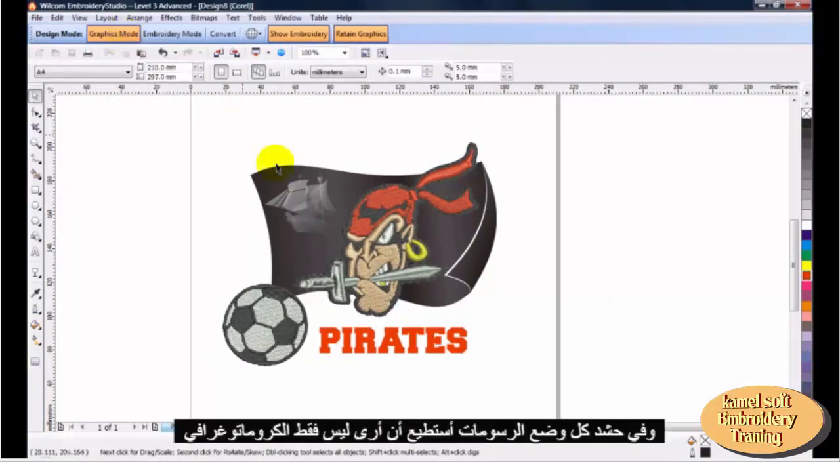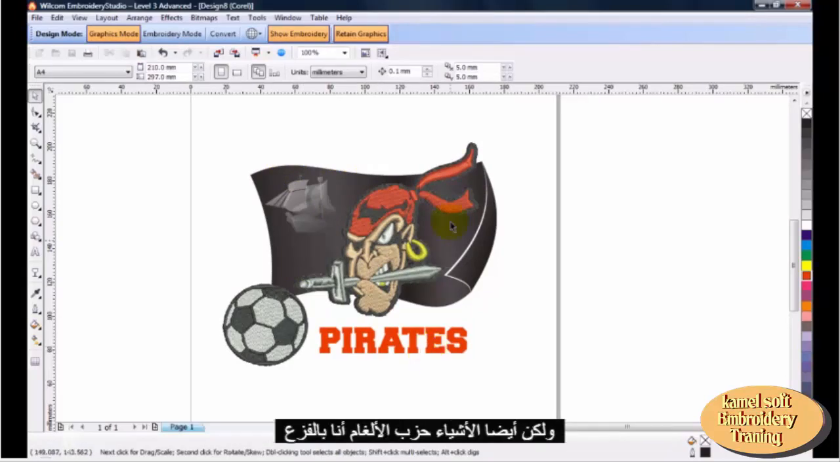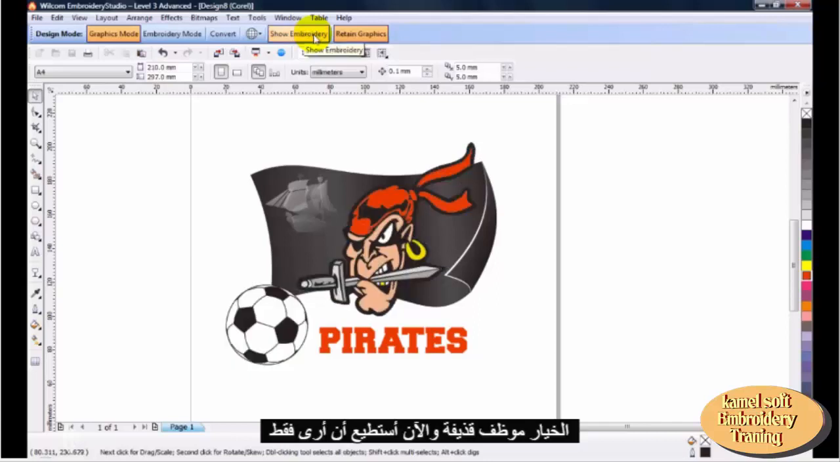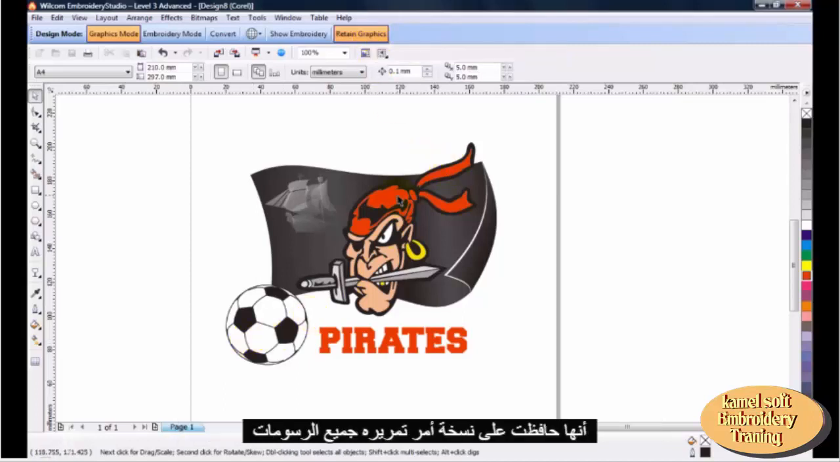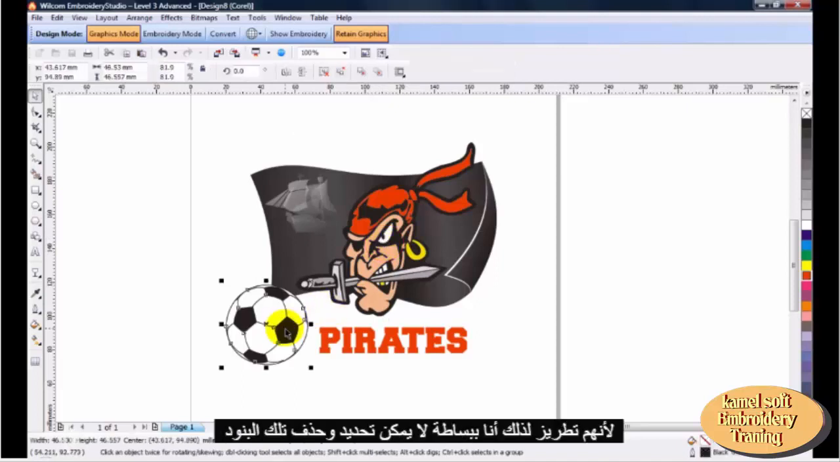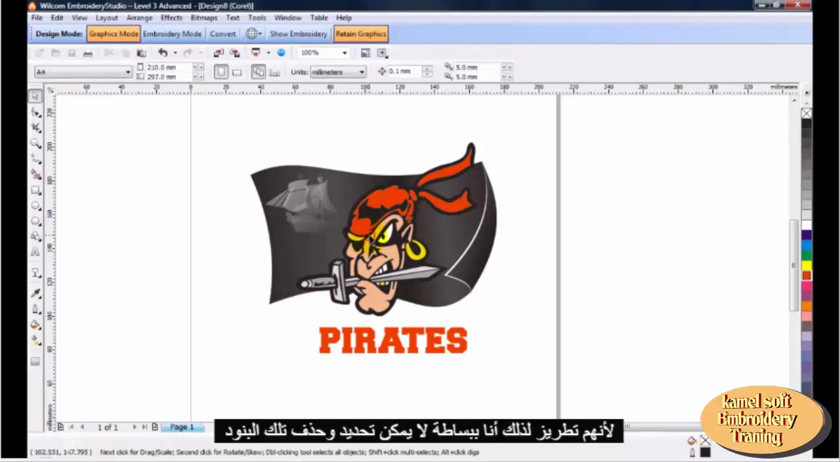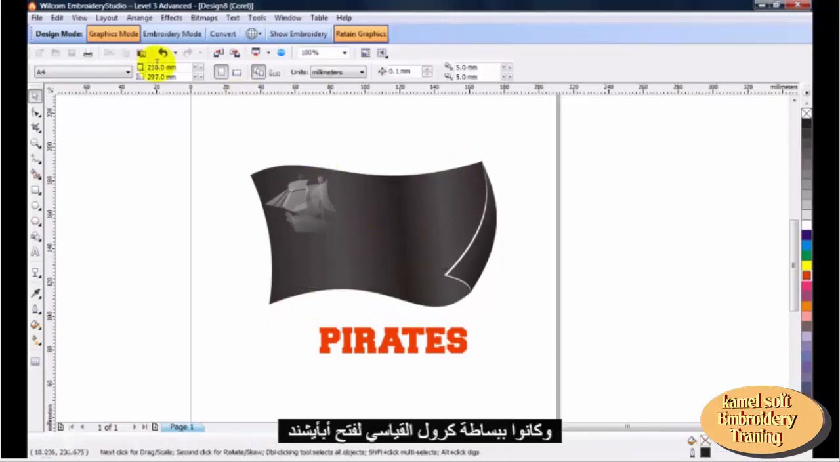And in the CorelDRAW graphics mode, I can see not only the CorelDRAW graphics, but also my embroidery objects. From this mode, I can hide my embroidery objects by unchecking the Show Embroidery option. And now I can only see my CorelDRAW graphics objects. Because I had retained graphics selected when I converted my graphic objects to embroidery, it maintained a copy of those CorelDRAW graphics. To print this design on my t-shirt, I of course do not need the pirate head or the soccer ball because they're embroidered, so I can simply select and delete those items, and then simply use the standard